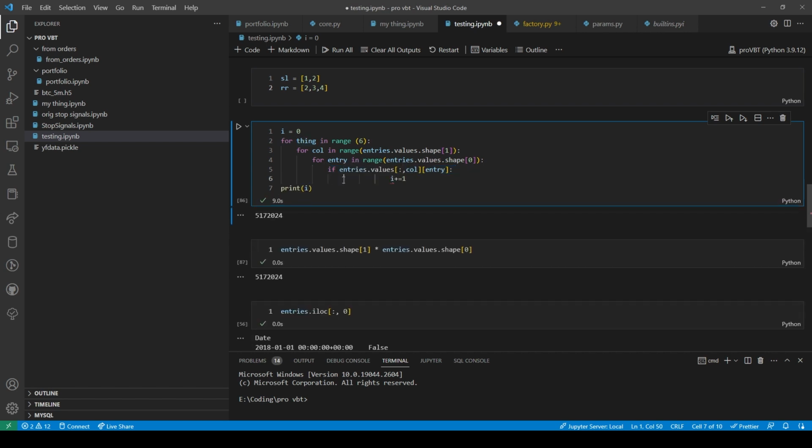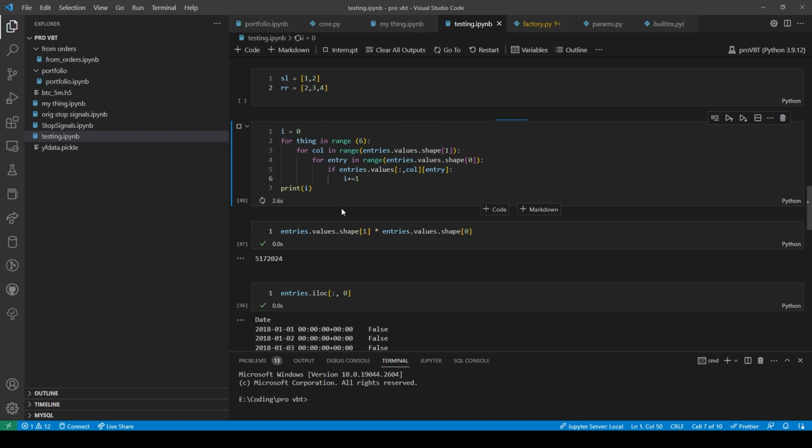So let's do this. Obviously, this is a million times slower because we're doing the pandas.